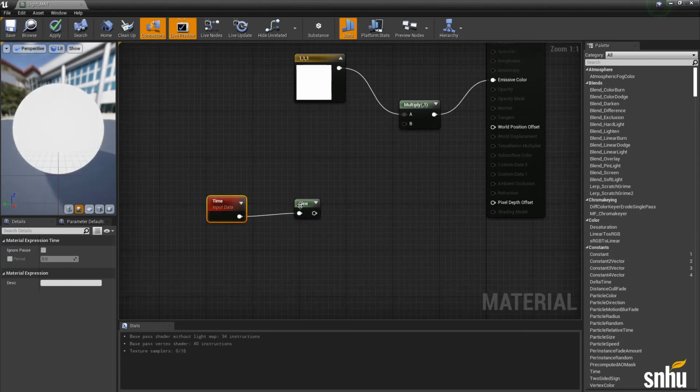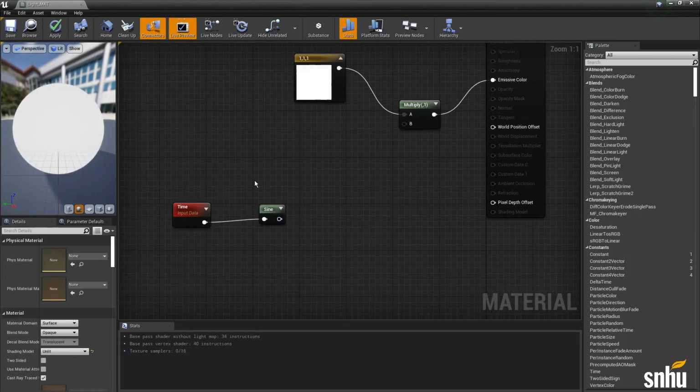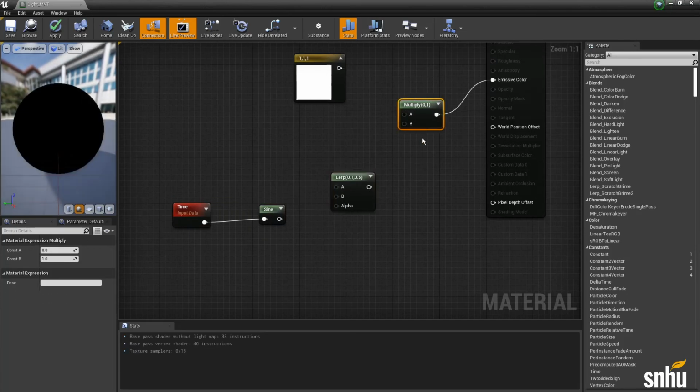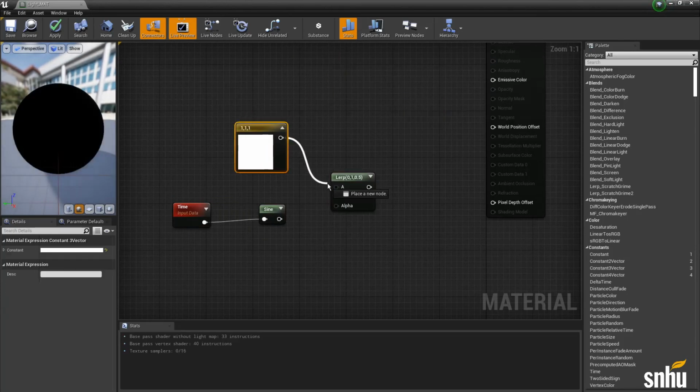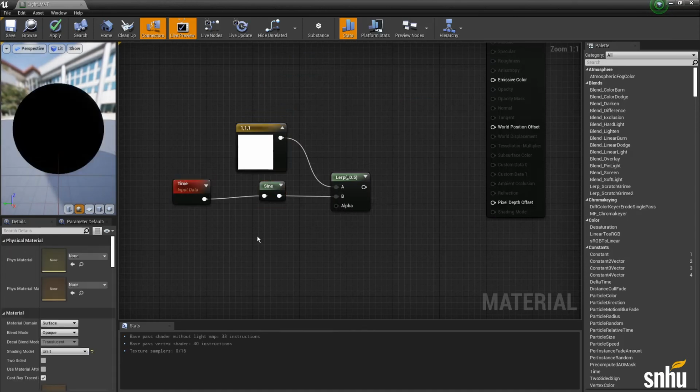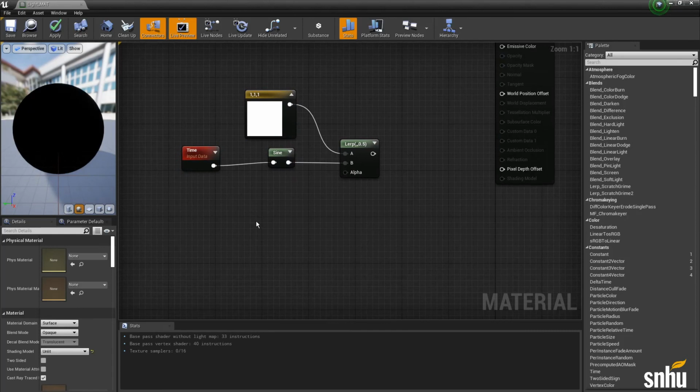So what we can do here is actually do a lerp. And instead of this, what I want to do is A goes in there, B goes into there, and then I want to create a constant parameter, okay? So a scalar parameter.